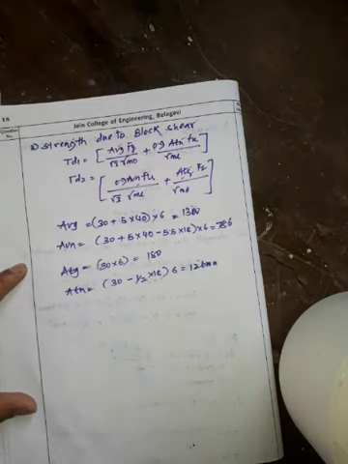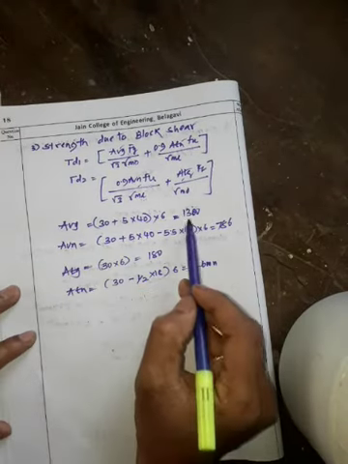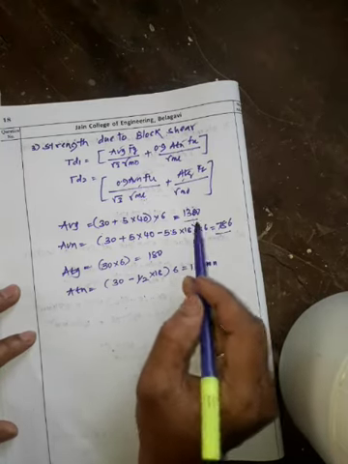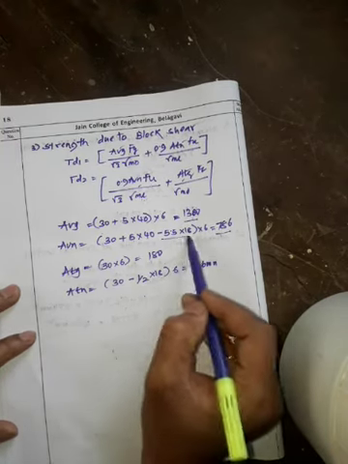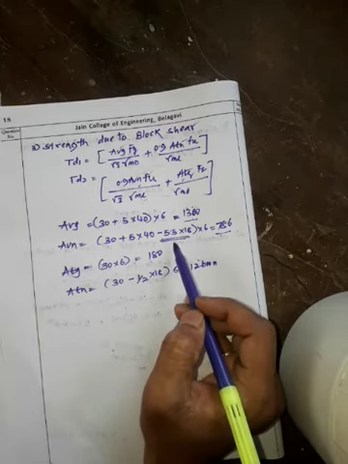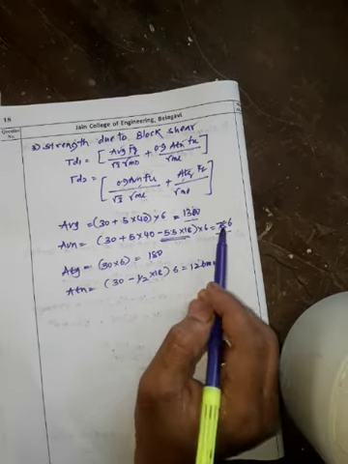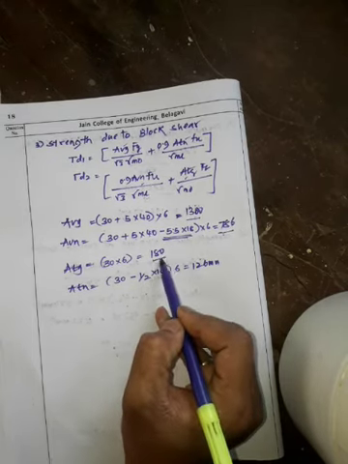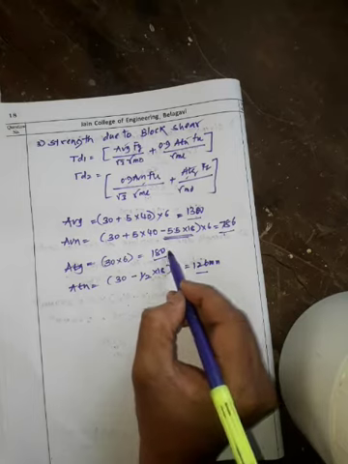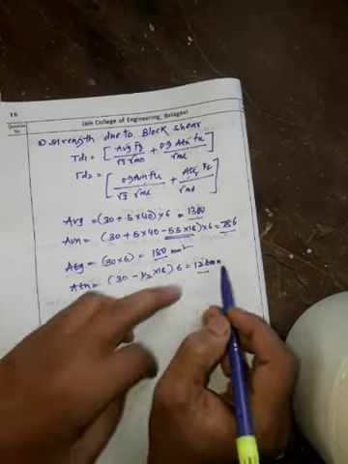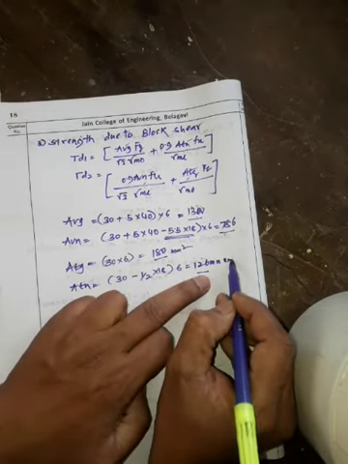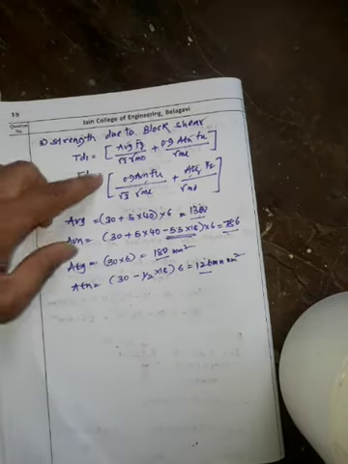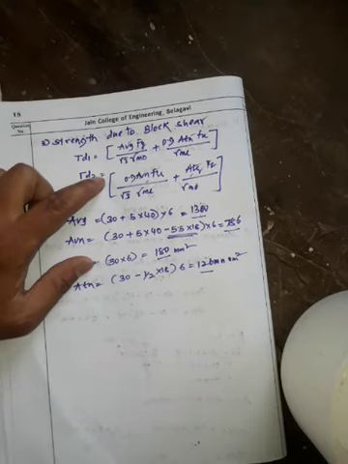So we got AVG as 1380 and AVN as 786. See, the difference is because of the 5.5 bolt hole deduction, so the area is decreased to 786. Then next are ATG and ATN. ATG we got as 180 mm square and ATN is 126 mm square because of the reduction of the bolt hole. So you have to calculate the required data for the block shear.